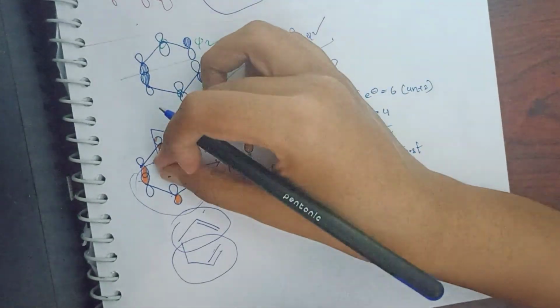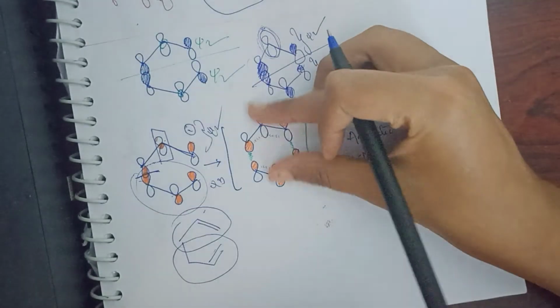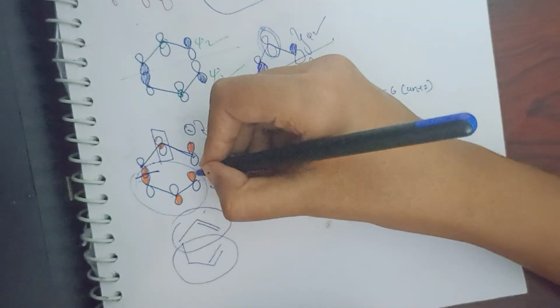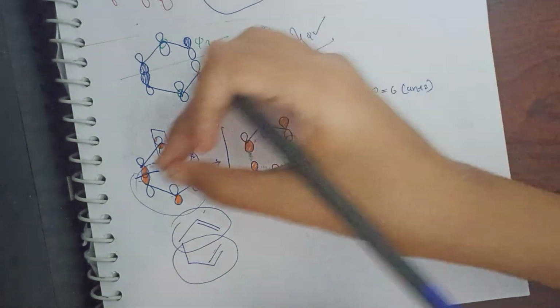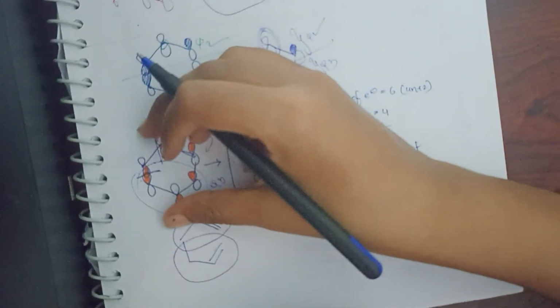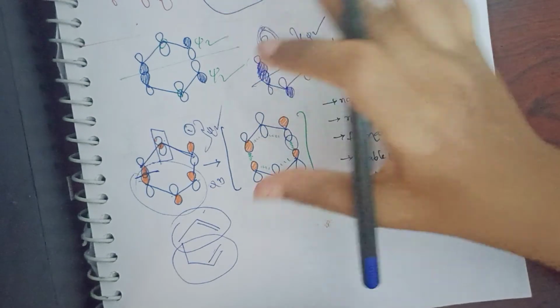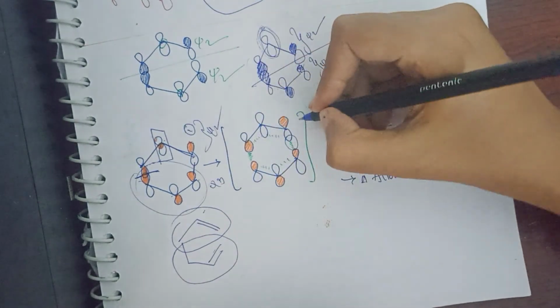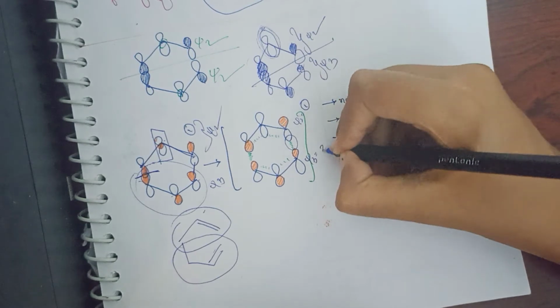Now what I am doing, I should make it far. To undergo Cope rearrangement, one bond should break. Now I am separating these both. When I separate, afterward these both bonding will be joining. So what will be happening is one bond will be lost. 3 bond is forming now, so I am separating this. So one bond is lost, and slowly 3 bond will be formed. Once I separate, you will be having this type of transition state, and you count the number of nodes. In ψ2 you will be having one node. In ψ3 I will be having 2 nodes.